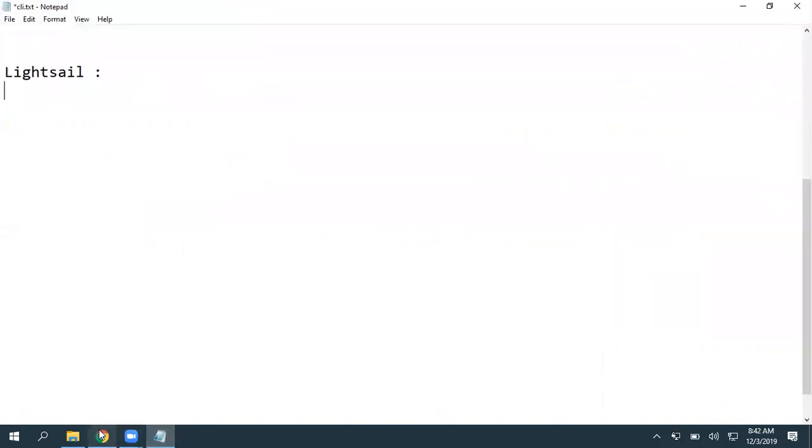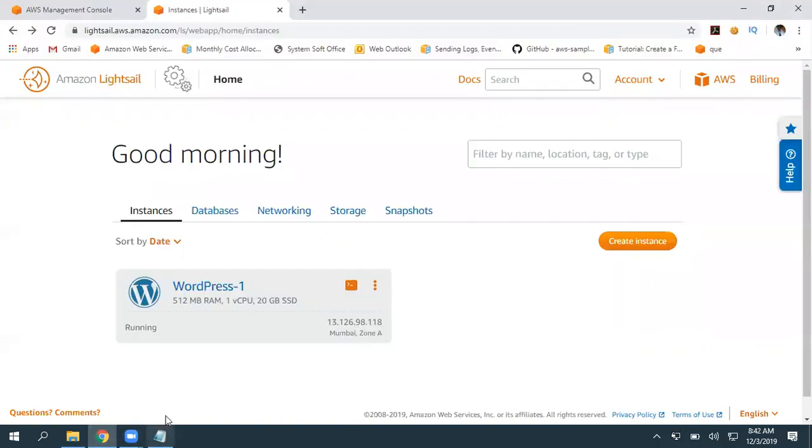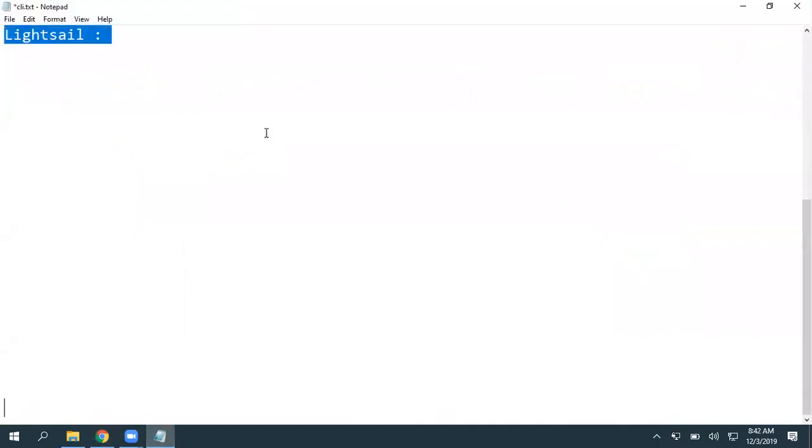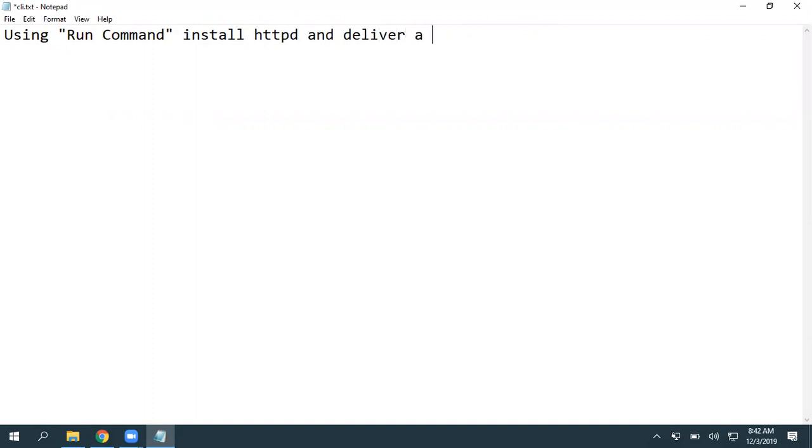So for today, the task is, using the run command option, install httpd and deliver a website.